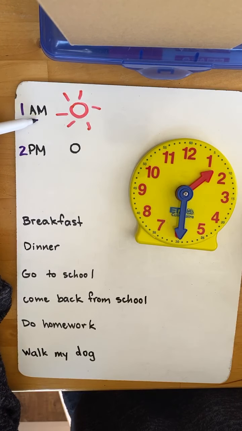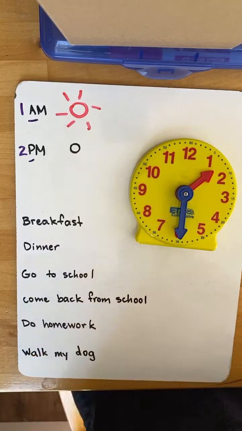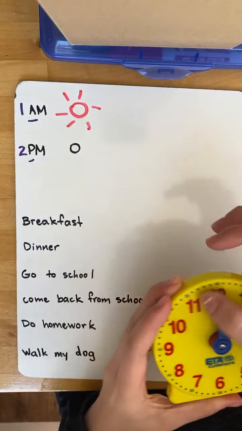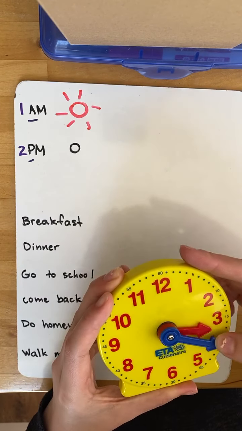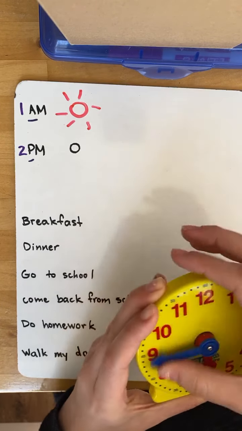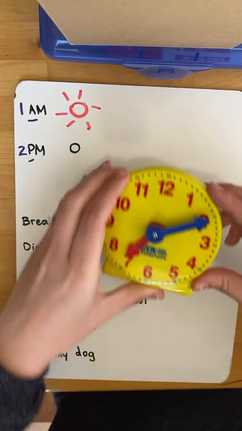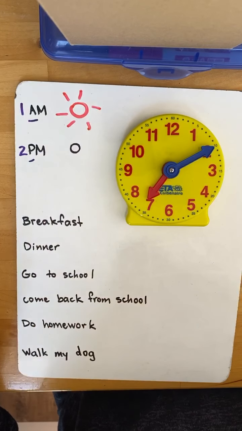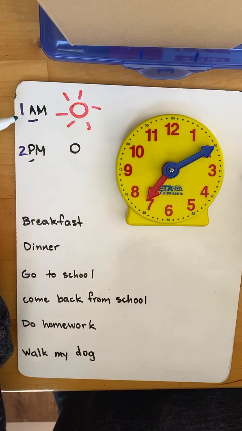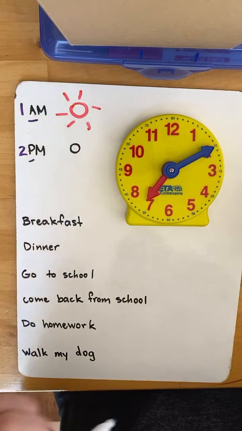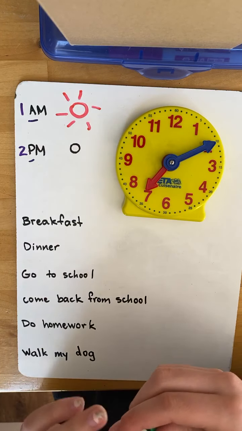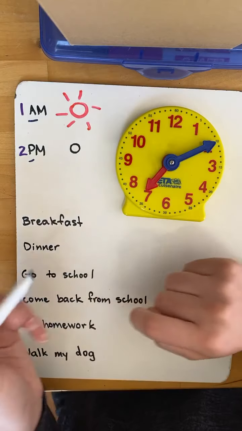The way I remember it is A comes before P in the alphabet. So let's say I had breakfast at this time. I'm having breakfast at this time. Do you think it will be AM or PM? It should be AM because it's earlier. It's probably the first time it has gone around the clock. It's not after lunch yet. It's not to that 12 yet. So I'm going to say it is